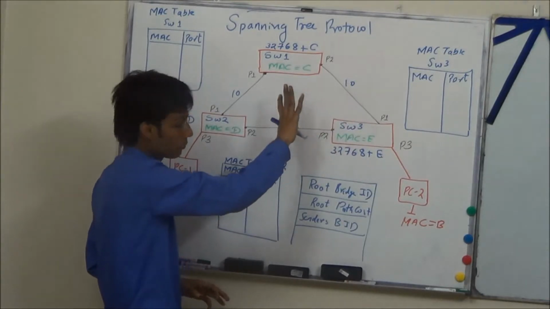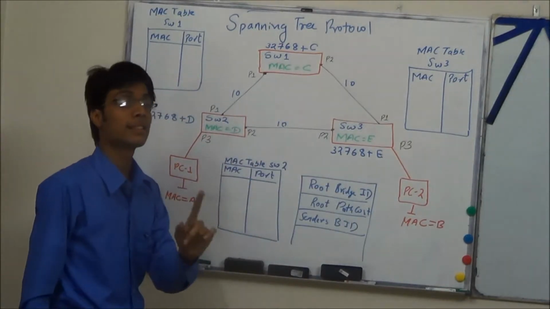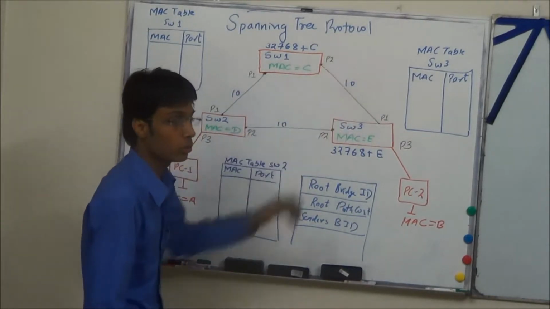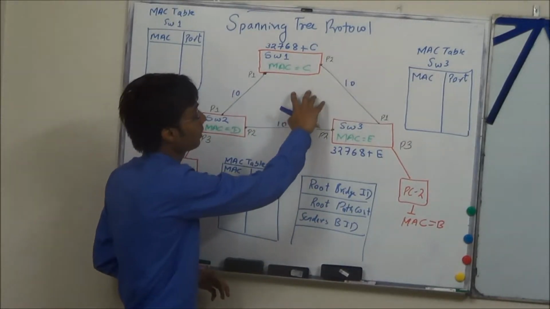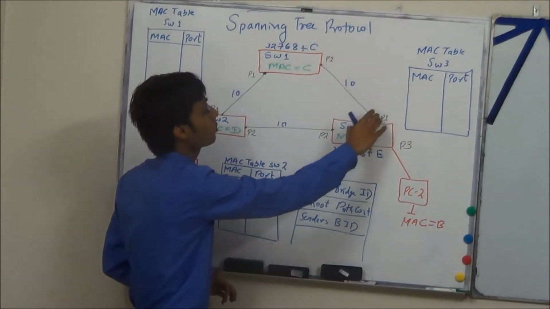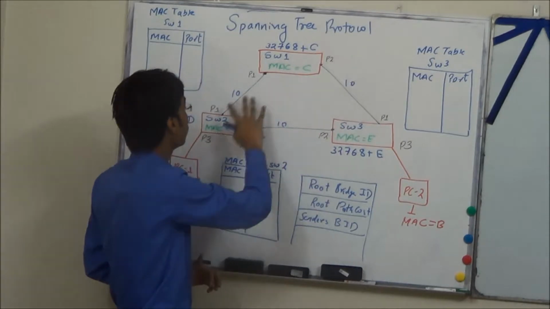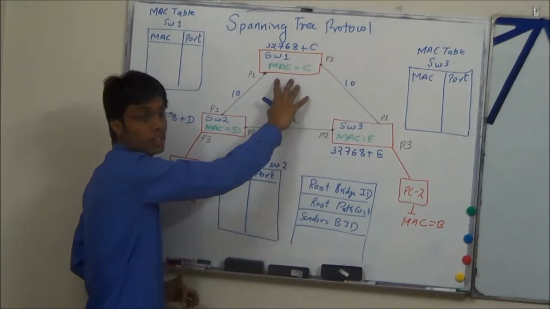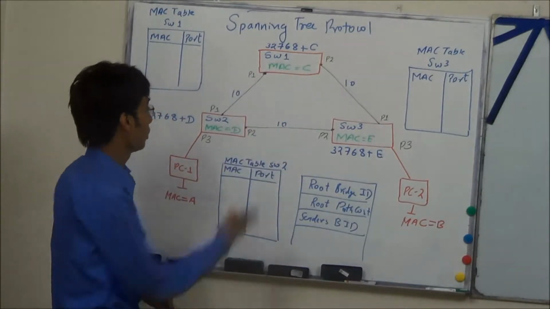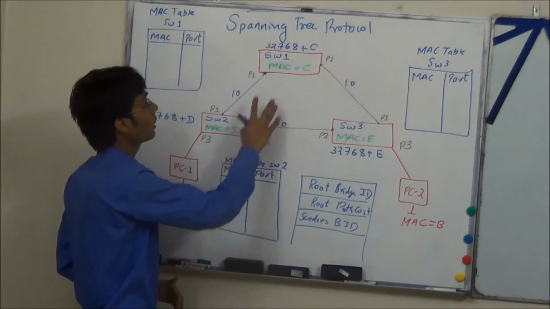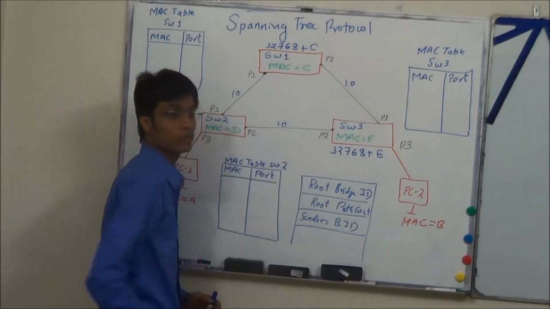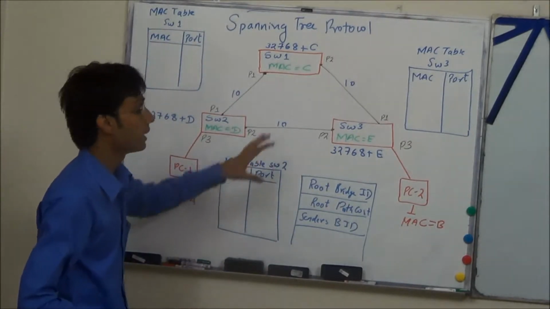For now, a single loop contains a single root bridge. For explanation terms, I am telling that for this segment. So switch 1 will first check that, okay, it is the root bridge now for this segment also. So switch 3 will stop sending BPDUs toward this side. So for both the switches, we have a single root bridge, which has ID 32768 plus C. A single network contains a single root bridge ID. So now we have 2 non-root bridges. Let us first see designated ports.